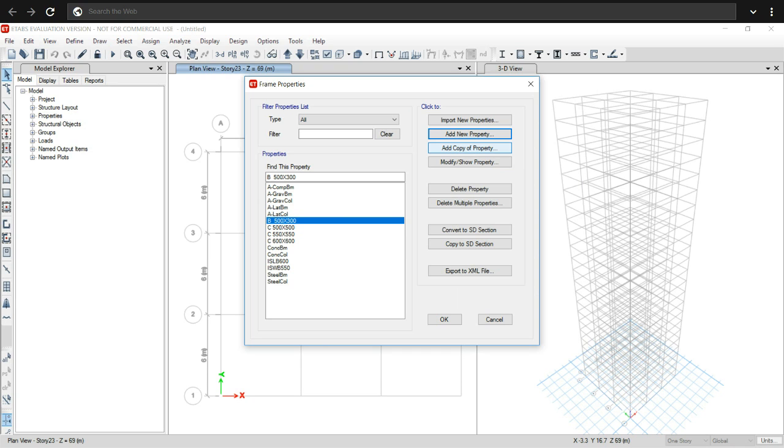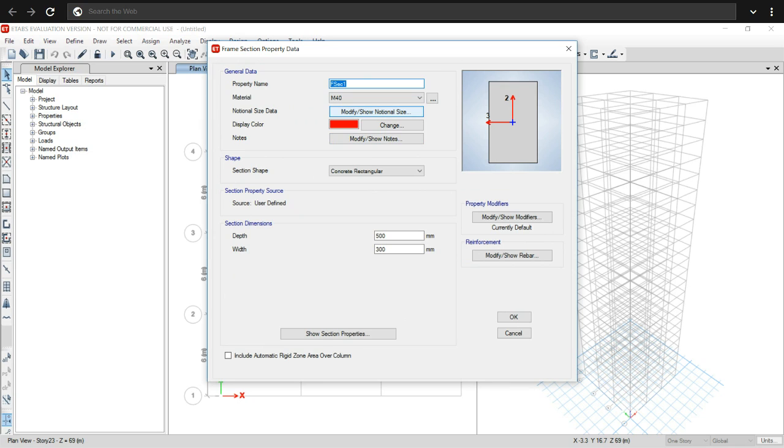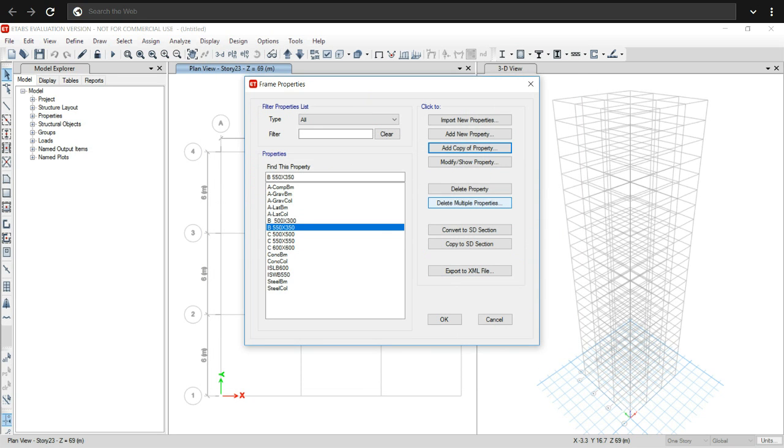As we have done for the column, choose the same option, Add Copy of Property, then edit the name to B550 by 350, then change depth and width, and OK. No need to Modify Show Rebar.